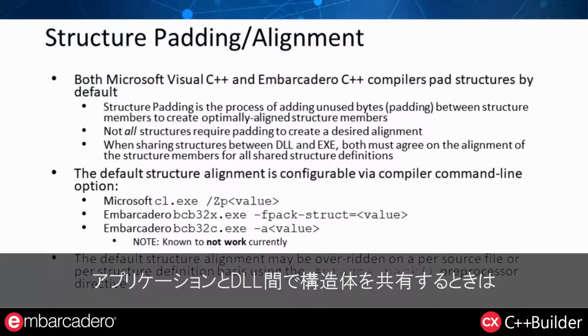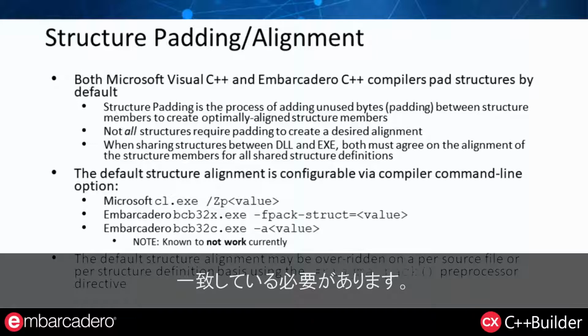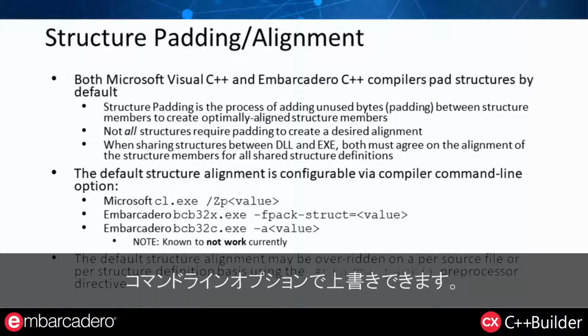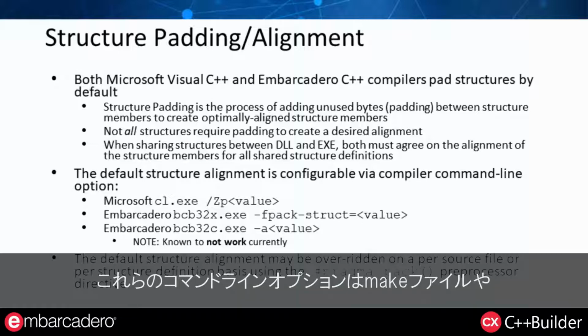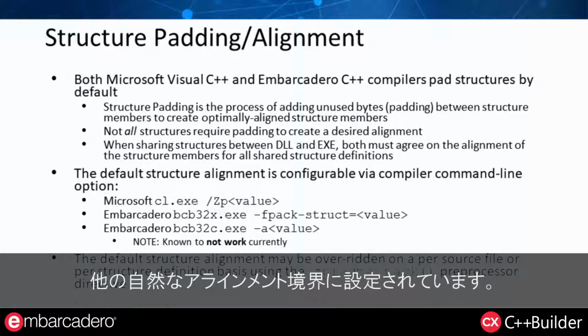When sharing structures between applications and DLLs, it is critical that both entities agree on the alignment of the elements within those structures. The default structure alignment of both compilers may be overridden by command line options. You can find these command line options in makefiles and project settings, but the normal default is to align members on 64-bit boundaries or other natural alignment boundaries.